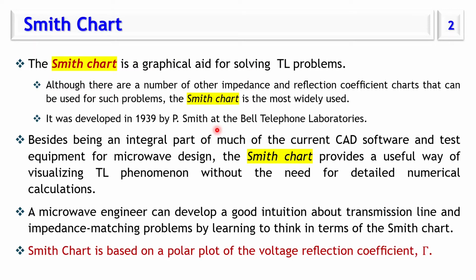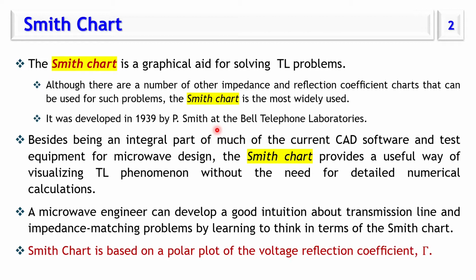The formulations that we covered in the previous lecture, in lecture number 1, are the analytical solution, but there is an aiding chart that's frequently used for solving microwave problems, and it has the advantage of visualization. You can see the problem and feel it more than with the equations. The equations are very important, and the equations are more accurate, but to visualize the problem, the Smith chart does have this